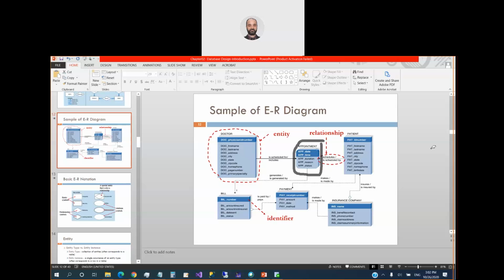Maybe two or three patients contact the counter nurses at the same time, and they make their appointments with different doctors. In this case, we will have the same date and the same time for multiple appointments, and this is not going to be unique, right? And the most important thing for the primary key is to be unique. Okay,